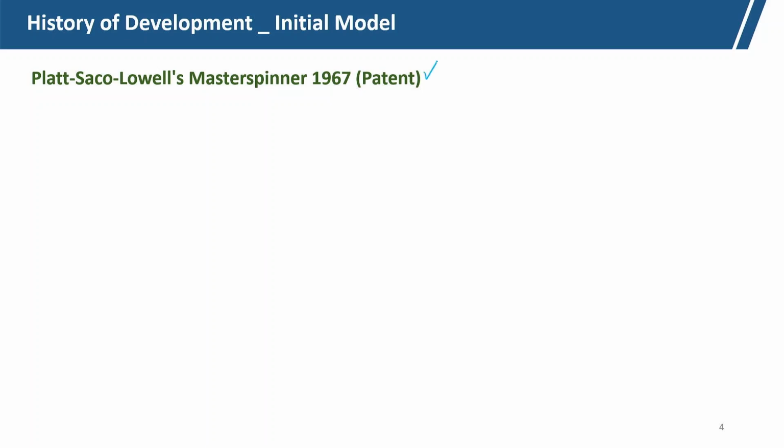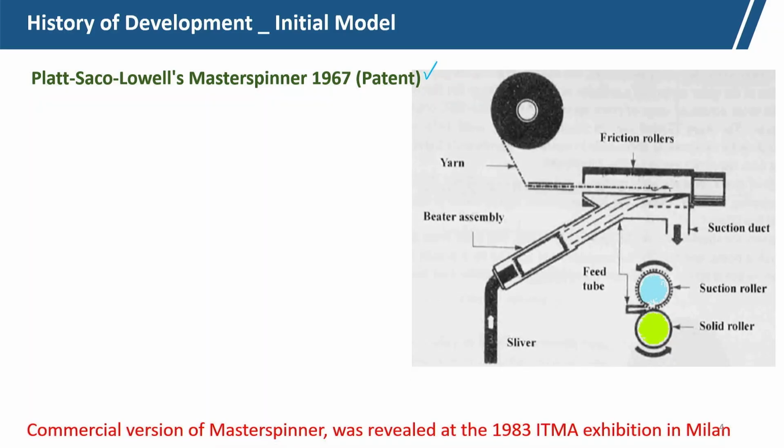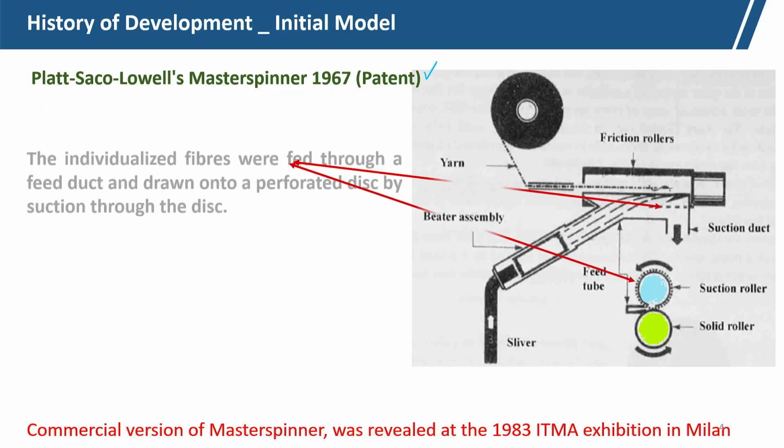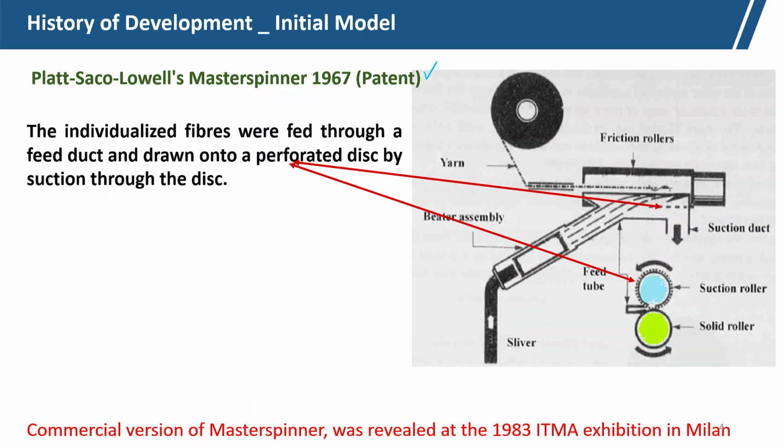development. And first, Platt Saco Lowell, that is master spinner, they actually patented this technology in 1967. So, this is the schematic diagram of that technology. In this process, the individualized fibers were fed through the feed duct. So, that is the sliver, and